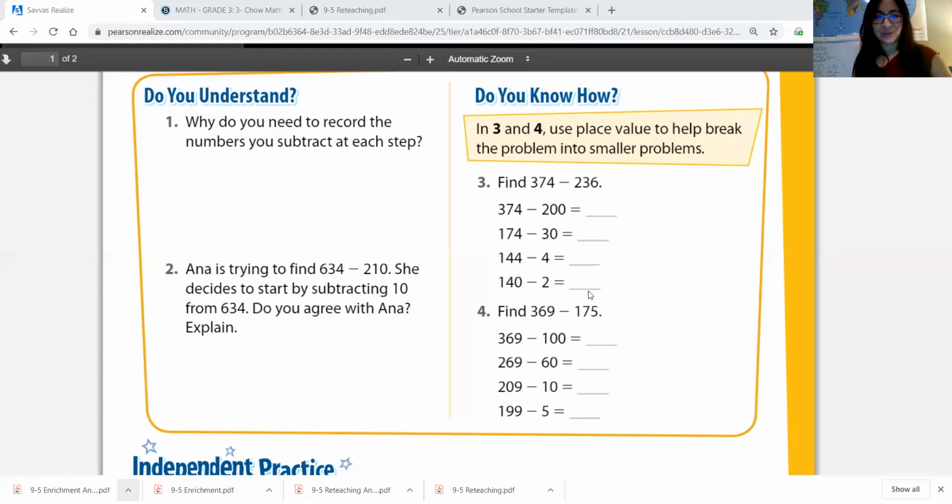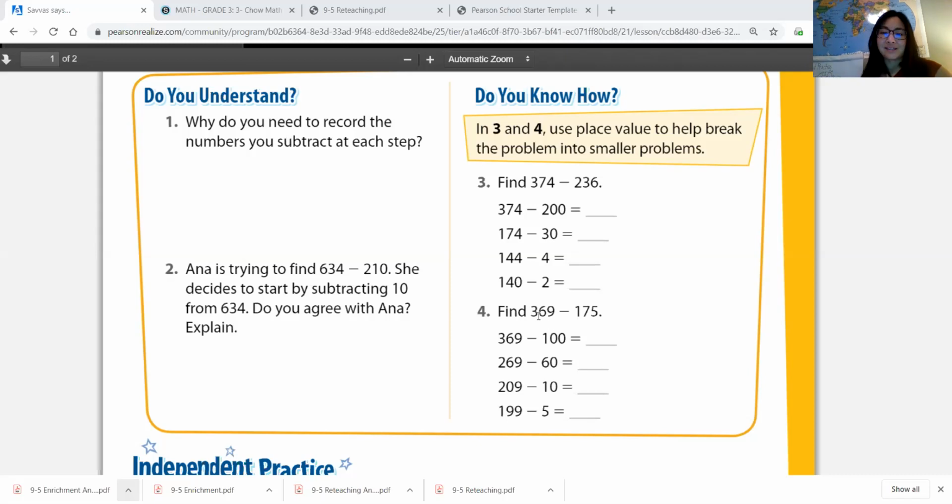So back to my screen share. We just did number 3. Now you go ahead and try guided practice number 4. It's guided practice, so I'd like you to take out your workbook and actually do it right now. And the guidance will be me making sure that you end up with the right answer as you go step